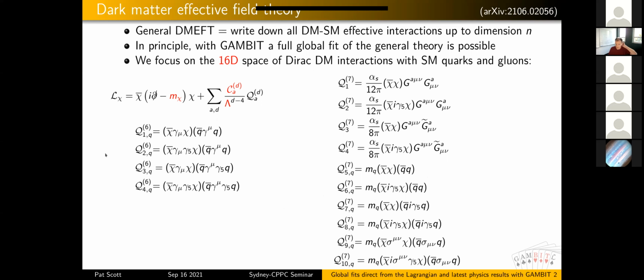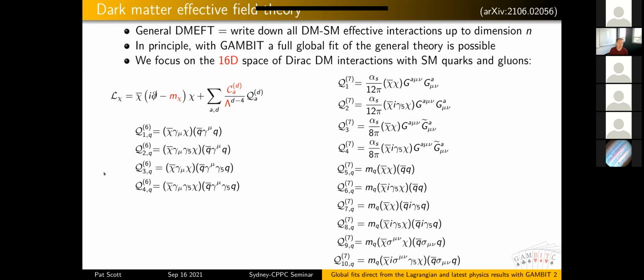These are particularly interesting when it comes to the different dark matter observables, because different operators here have different dependencies on the momentum transfer and the relative velocity between the dark matter